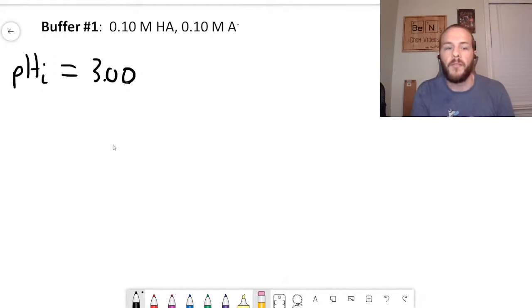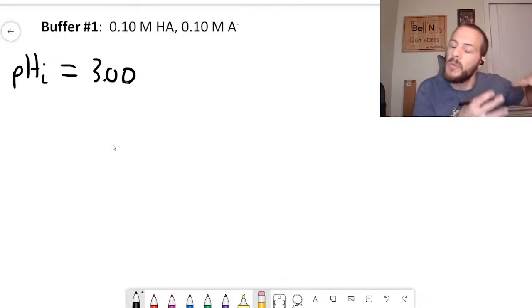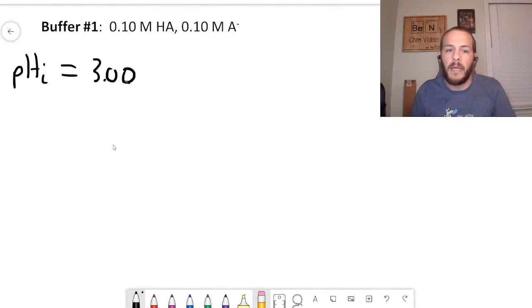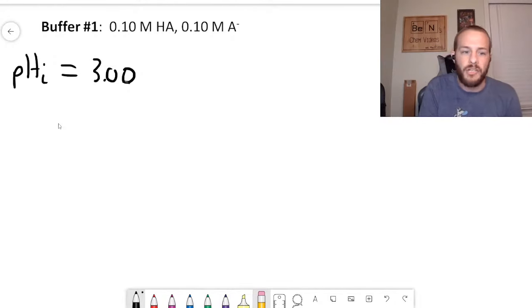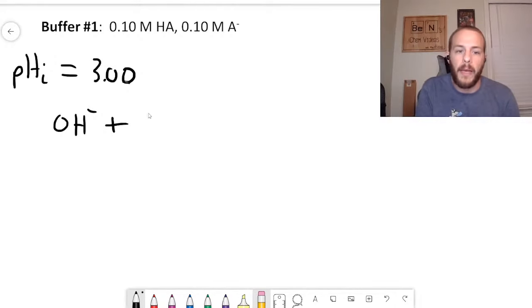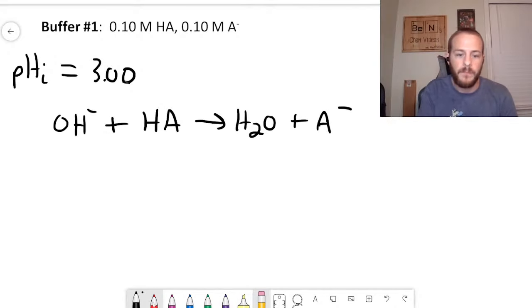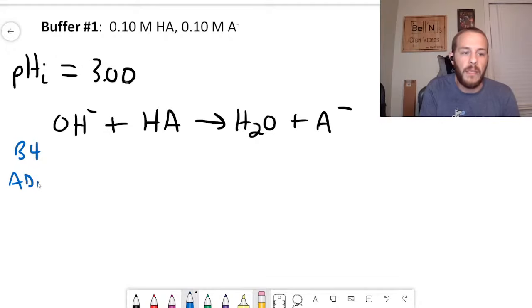Now what we have to do is both the stoichiometry calculation and the equilibrium calculation associated with adding 0.01 moles of sodium hydroxide. The way that we do that is first write the equation for the neutralization of the sodium hydroxide. We're going to add some sodium hydroxide. That's going to be neutralized by the weak acid, and that's going to produce water, and it's also going to produce the conjugate base A minus. We can set this up as that stoichiometry table, where we have what happens before the addition, what the addition actually is, and then